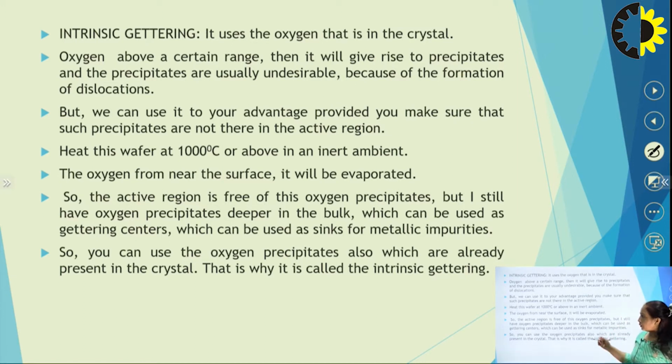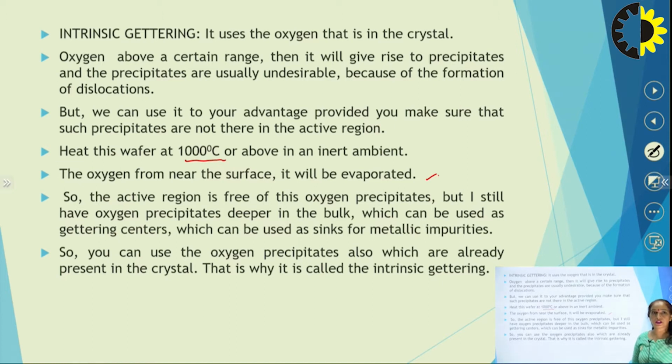In the previous slide, we have also seen that we heat the wafer above 1000 degrees C in an inert ambient environment, and the oxygen from the near surface will be evaporated, and the active region will be free from oxygen,